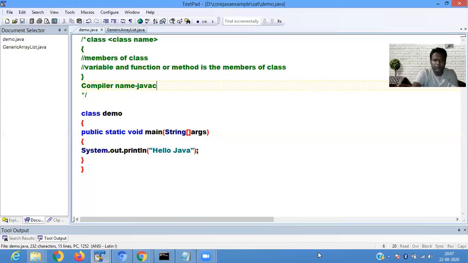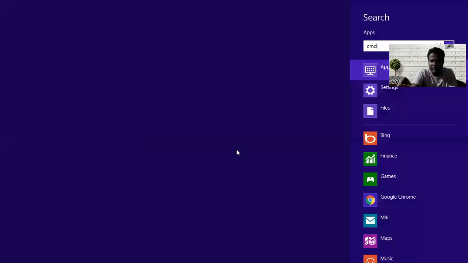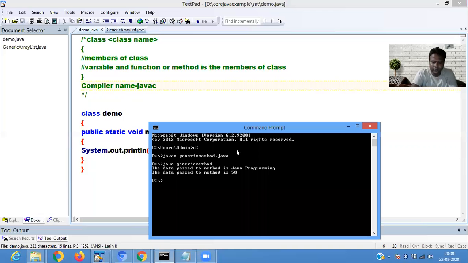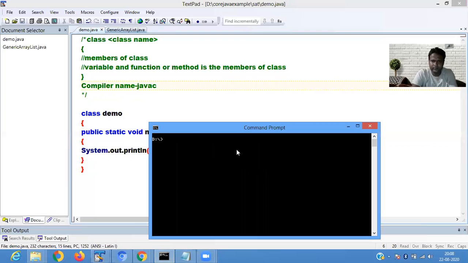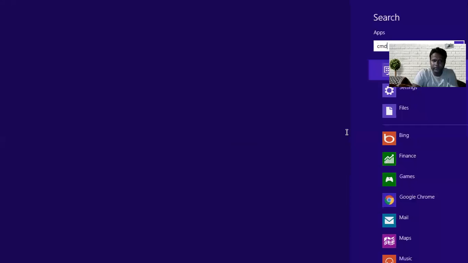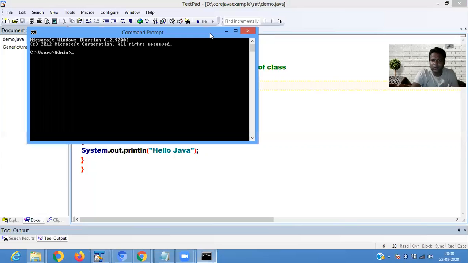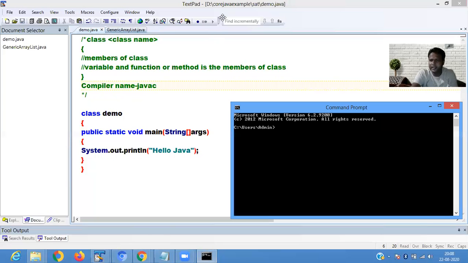Now I compile this application. First you open the command prompt by executing cmd. When you open the command prompt, it is displayed in this way. Now my file is present in the D drive, so to move to the D drive, type D colon and press enter.